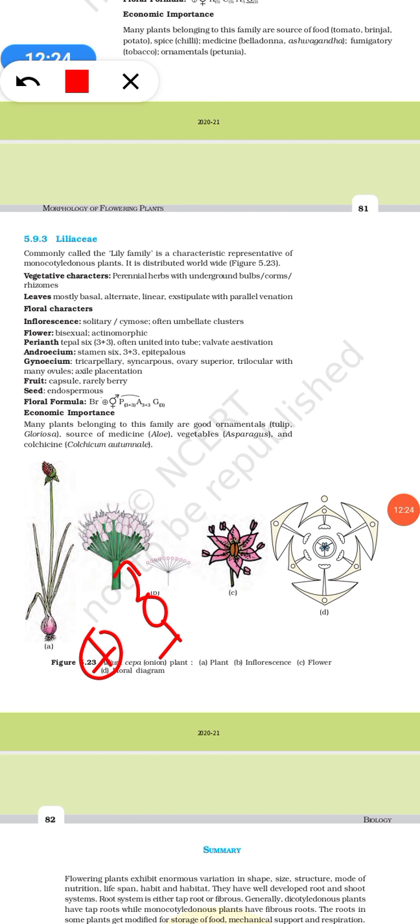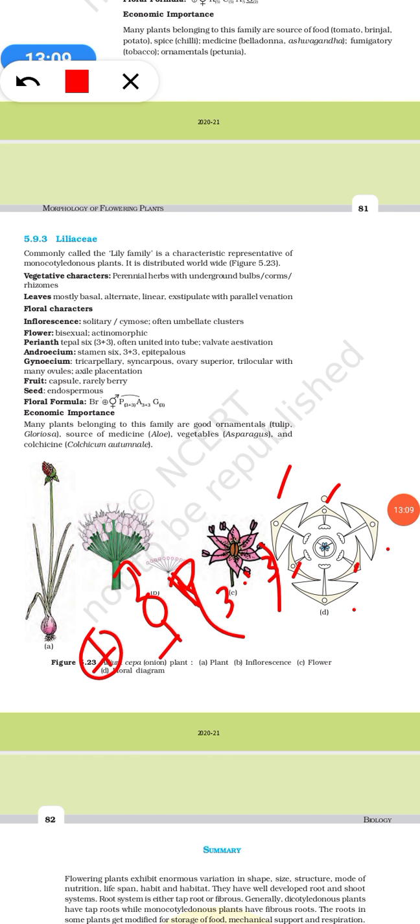Perianth. When we say perianth, they are tepals 6, that is 3 plus 3. So perianth I will put as P. Okay, that is perianth, which is P, and here is 3 plus 3, often united into a tube. So you see they form a perianth, which is 3 outside and 3 inside, that form a tube. And herein they are valvate aestivation. So you see that aestivation that is there. Okay, they are fused. So 3 plus 3.